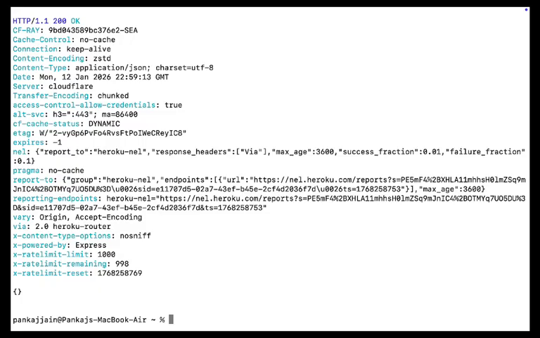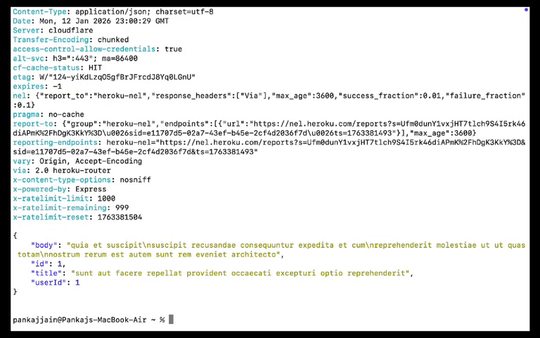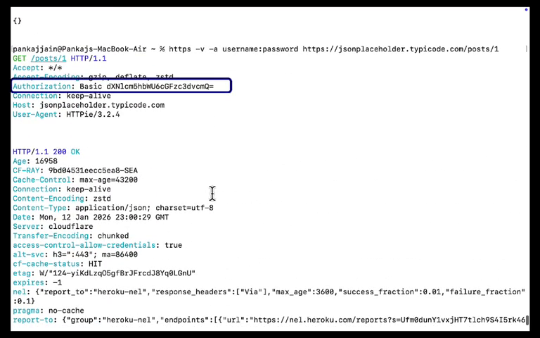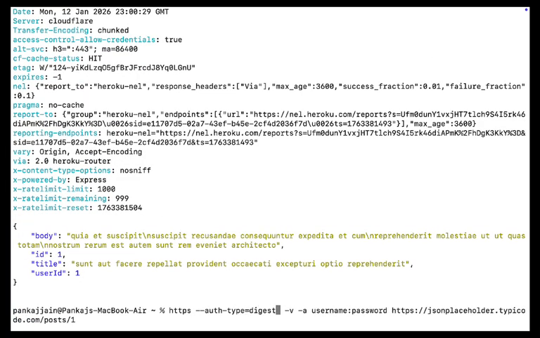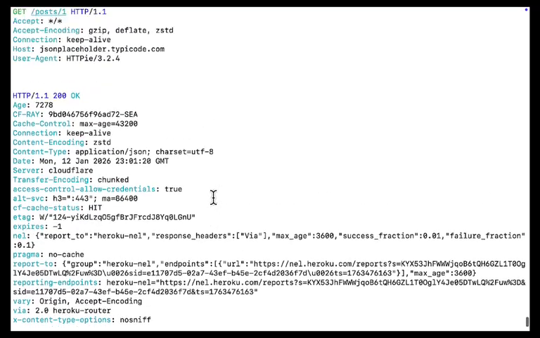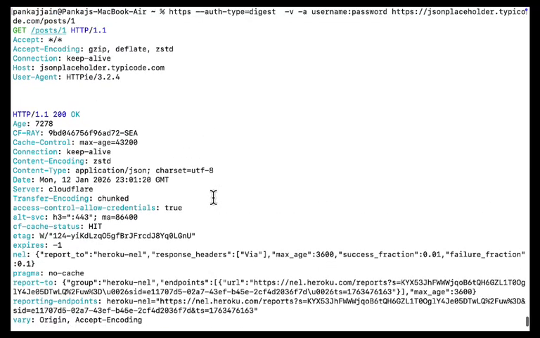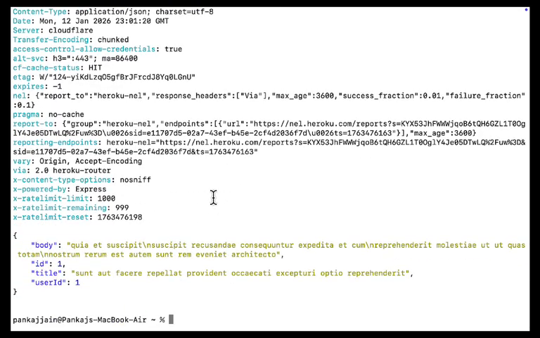Now what if we want to pass basic authentication to the request? So let's change the DELETE to a GET using -a and the format username:password, pass the authentication info. And scrolling up, we see the authorization header. We can change it to the digest type request by appending --auth-type=digest. It provides a secure challenge response mechanism for verifying user credentials without sending the password in plain text over the